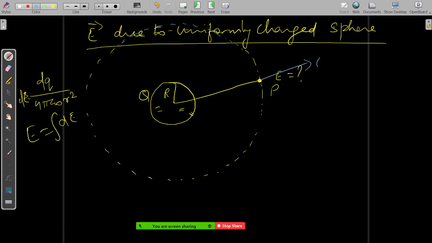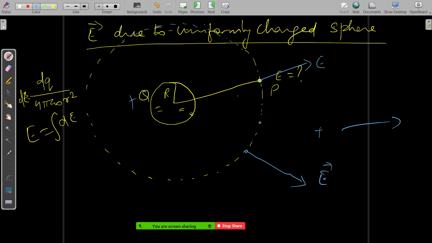the electric field will be outside if this charge is positive Q. Positive charge, the electric field is outside, right? Since this is a sphere, if at any point the electric field is in the outside direction, then at this point also it should be in the outside direction only. Radially outward. So any point is similar in this case.